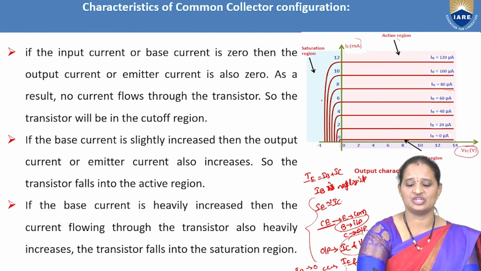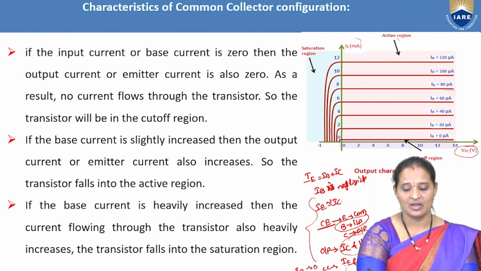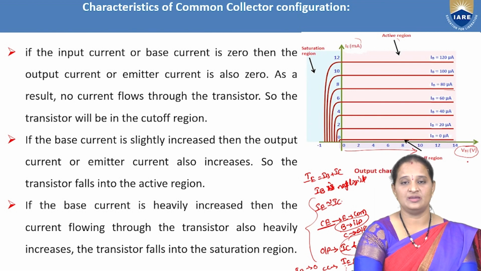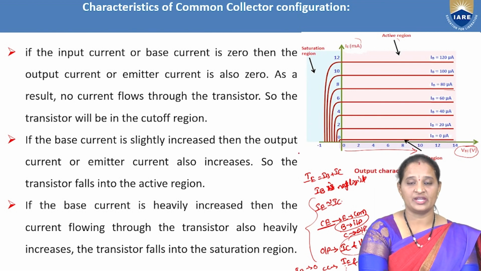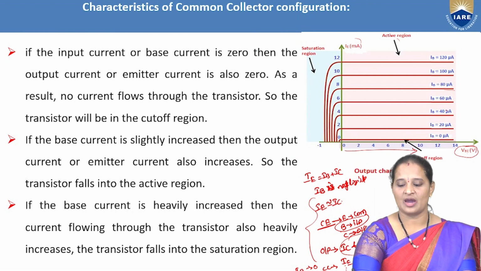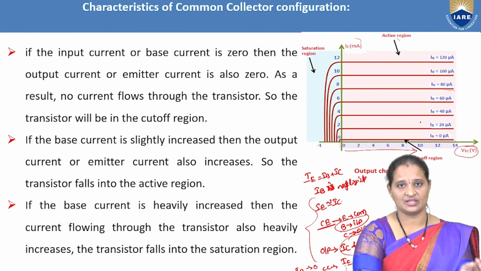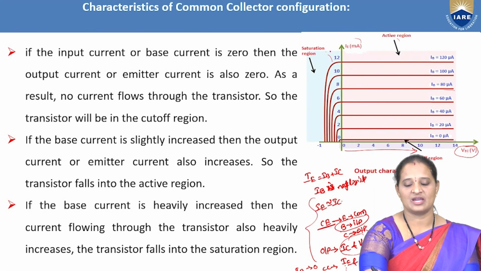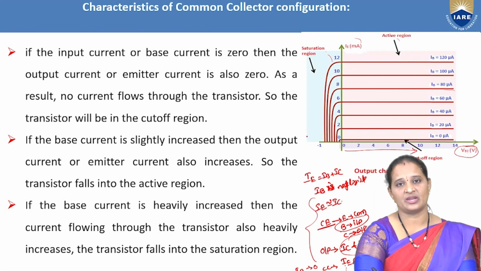And now coming to this region, this is said to be the saturation region, because a positive voltage is applied to VEC, whereas we are applying a negative voltage which forward biases the output junction. Already by applying some current, we are forward biasing the base junction. Now by applying the reverse voltage, that is a negative voltage to VCE, we are also forward biasing the collector to base junction. That means in this region, both the junctions are forward biased, and hence the transistor operates in